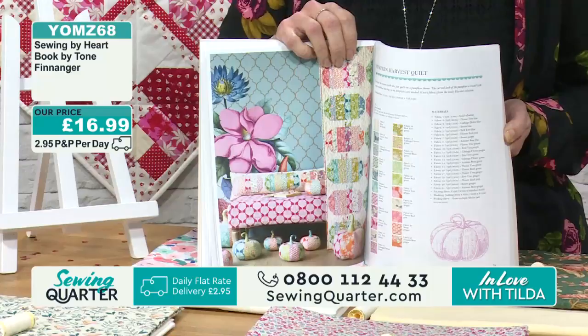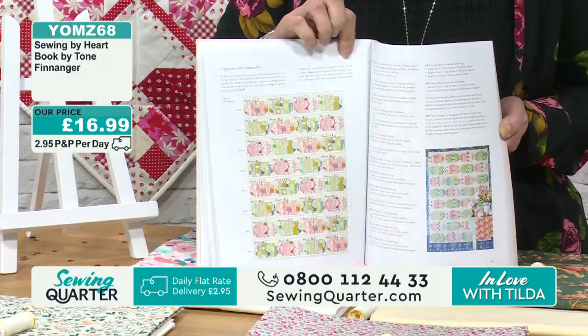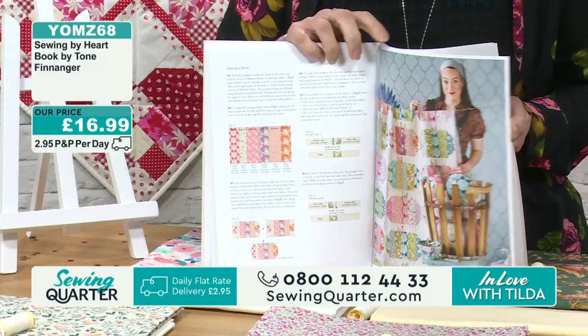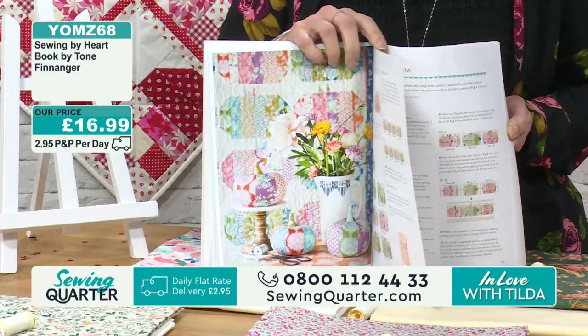I love the pumpkins. I just love random large pumpkins. You could have them as door stoppers, couldn't you? Look at that. Just beautiful. So if you ever needed...